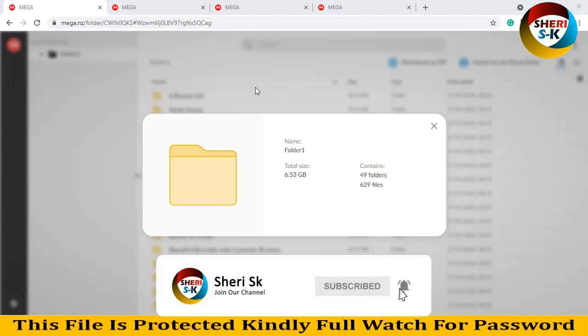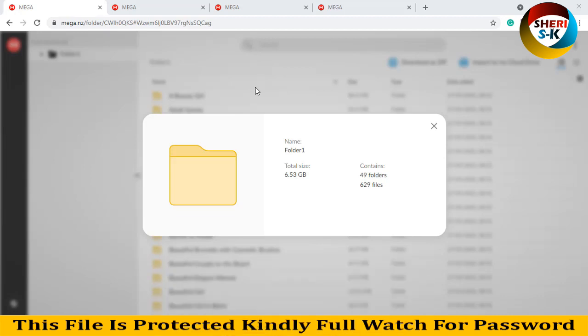Today I have 25 plus GB photo stock. These photos are full high definition, and here are the total files, 2454 plus files. You see here the total size of this folder is 6.53 GB and 49 folders and